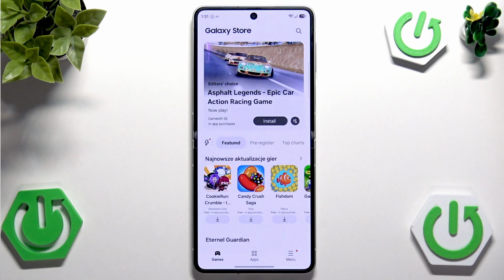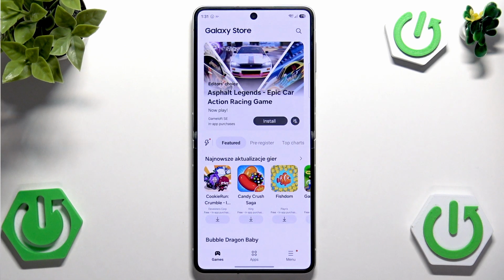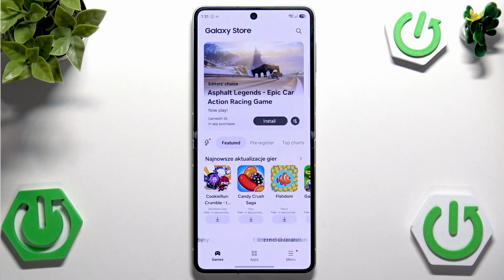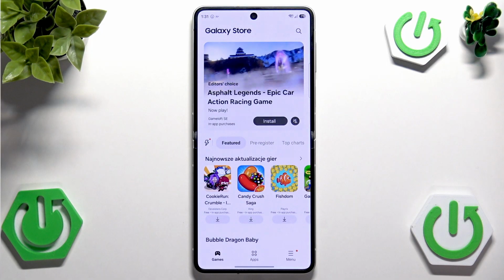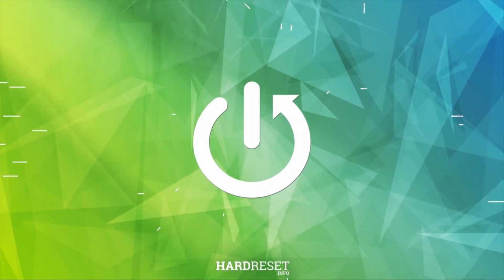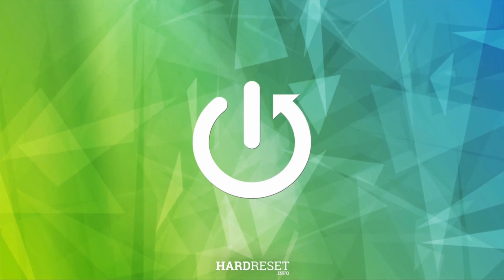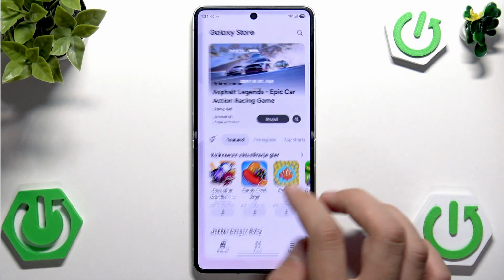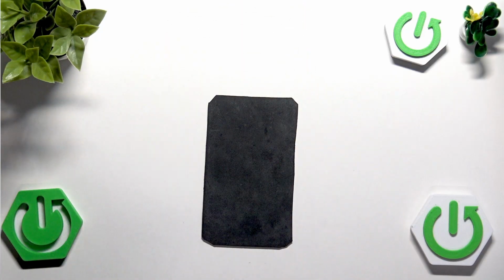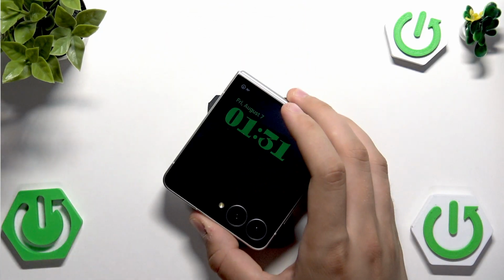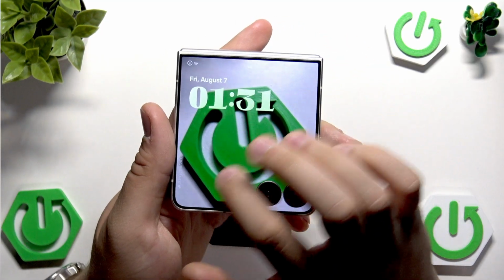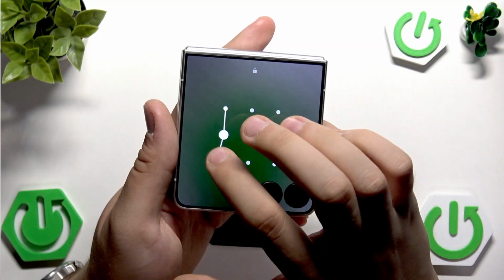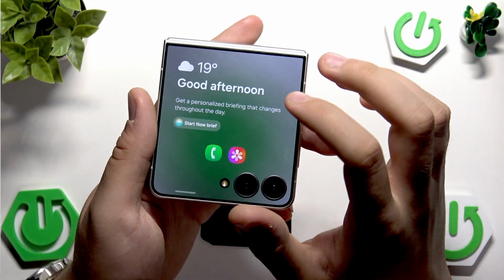Hello guys, today I've got Samsung Galaxy Z Flip 8 and I'm going to show you how to customize FlexWindow widgets on your Flip 8. At first you need to close your phone, like this. Here we need to take a look at our unlocked phone, so unlock your phone,